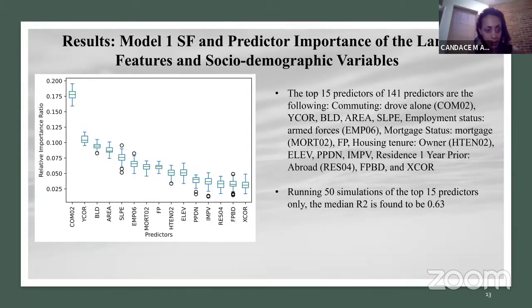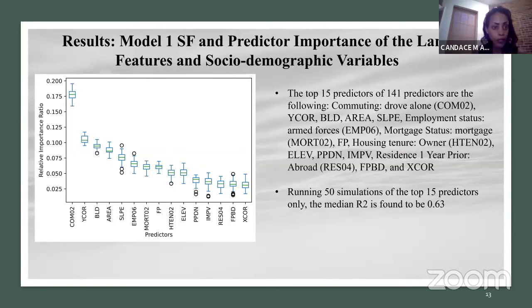The top 50 predictors of the 141 overall predictors that we use were commuting, driving alone, the spatial coordinates of the zip code, buildings, area, slope, employment status, mortgage, building footprint, housing tenure, elevation, population density, residents 1 year abroad, and exported. As we can see in this first model, commuting, driving to work is high, so is the Y coordinate, but also so is building, which is noteworthy considering that many models do not incorporate building, the number of buildings